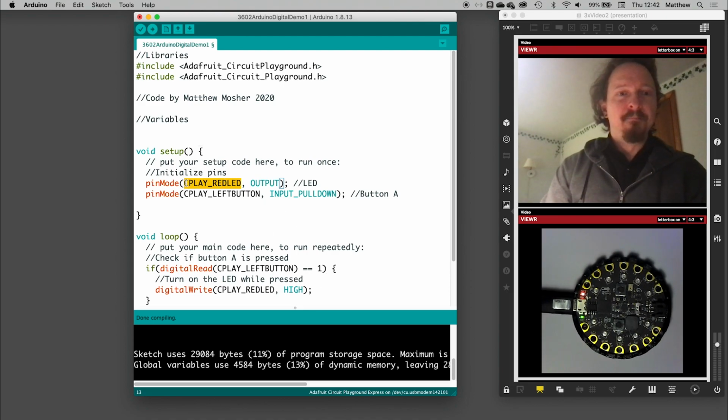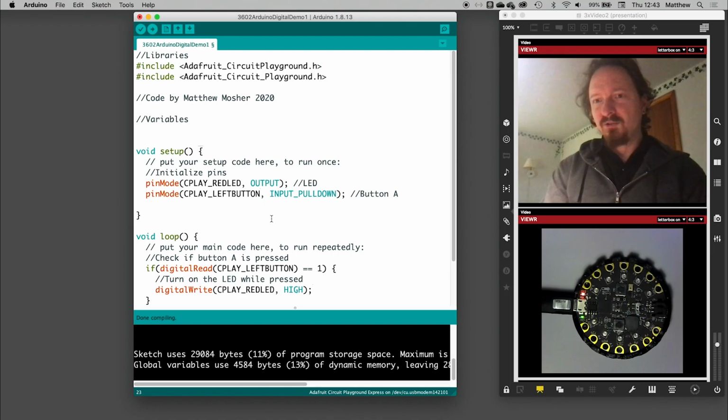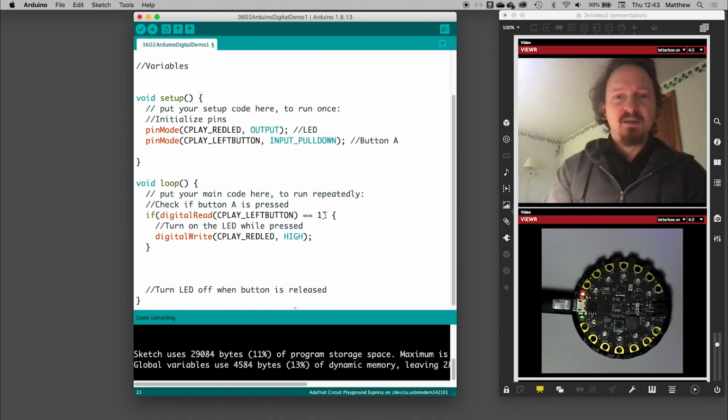So anywhere you can use variables for your pins, you want to do that. You want to avoid having numbers written directly in the code. This is okay, and we'll look at a shortcut for this later too, because we're using the 0 and the 1 as on or off. Okay, so if the button is pressed, turn the LED on, then